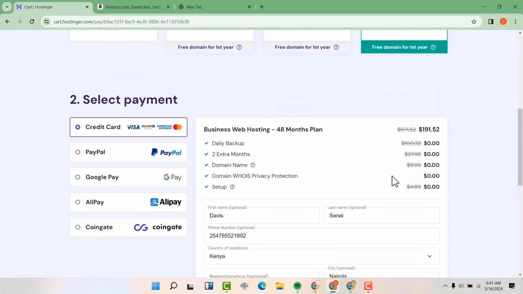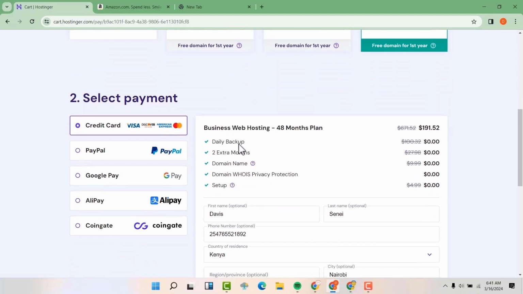Now scroll down, you'll be able to check out. So this hosting company supports so many different types of checkout. You can pay with PayPal, Google Pay, Alipay, and this other one, I'm not sure about it. Then you can also use your card here, so your credit card. So I'm going to